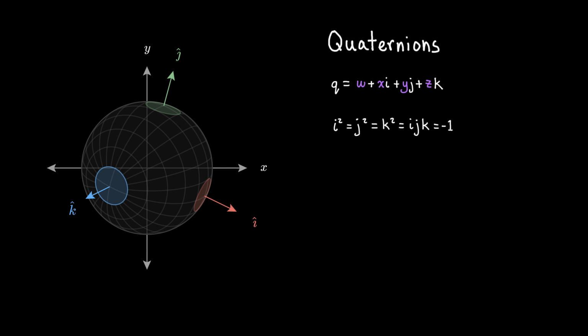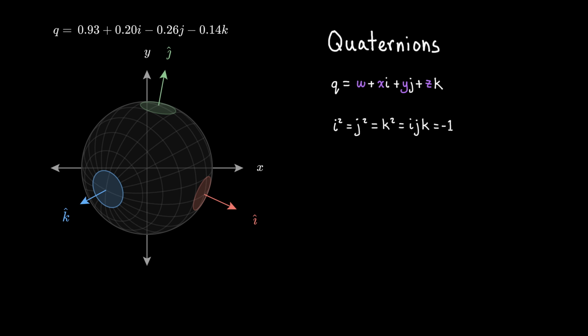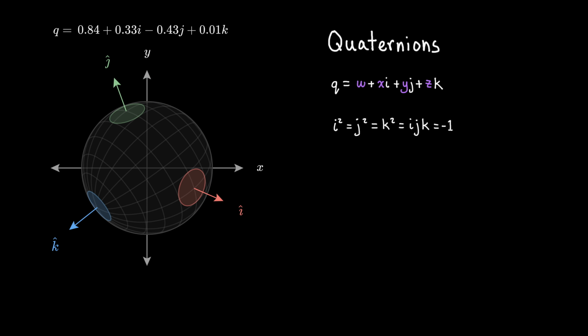The quaternion representing the current orientation of the sphere has the value of 0.94 plus 0.17 times i minus 0.23 times j minus 0.17 times k. If we set this expression equal to the variable q, you can think of q as representing a single quaternion number. Later, we'll talk about where these values come from, but for now, know that this quaternion somehow encapsulates the